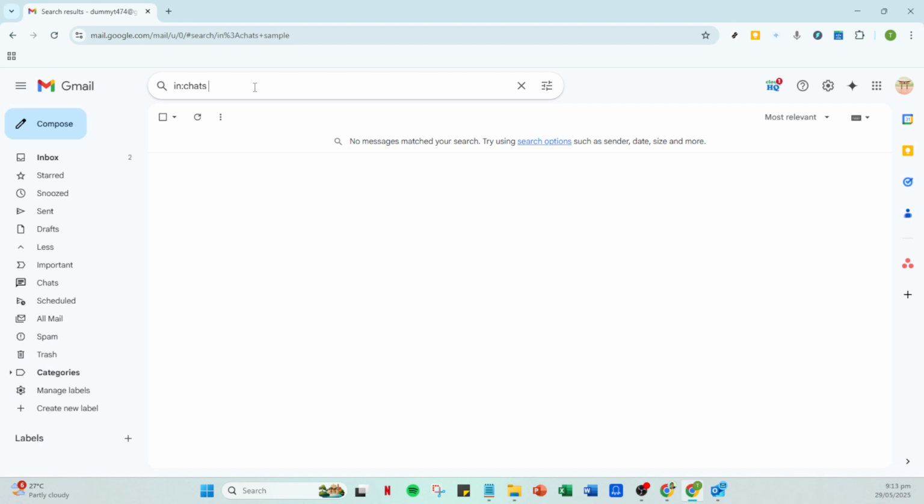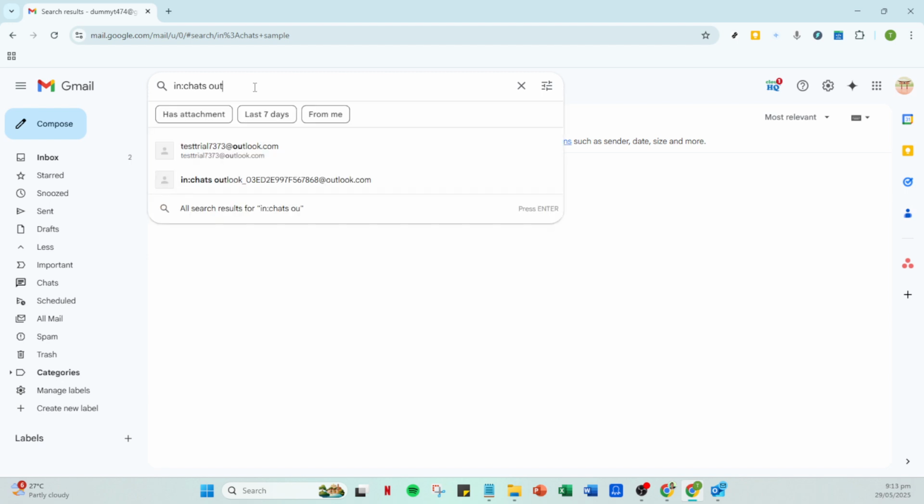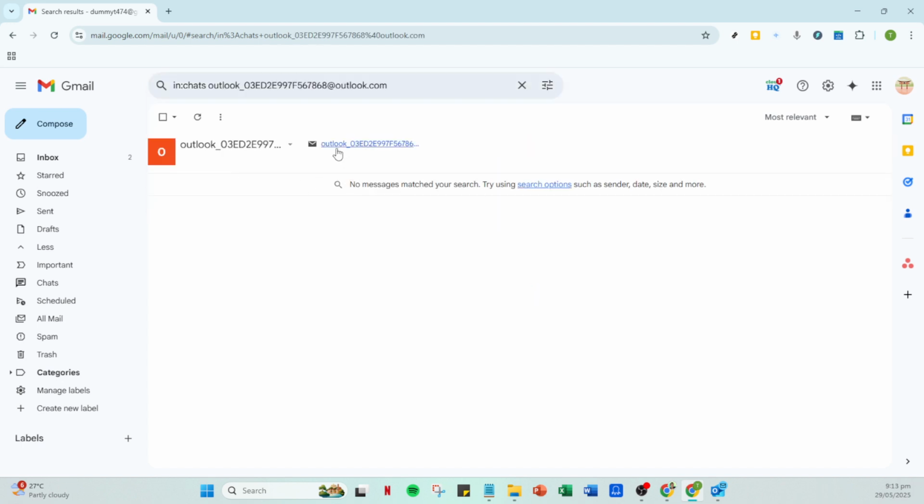After inputting your keywords, hit enter and Google Chat will get to work, displaying a list of all the chat messages that match your search terms. These results are typically sorted by relevance, so the ones that best match your query will show up at the top. This can be incredibly useful for quickly pinpointing important conversations or revisiting past discussions without having to scroll endlessly